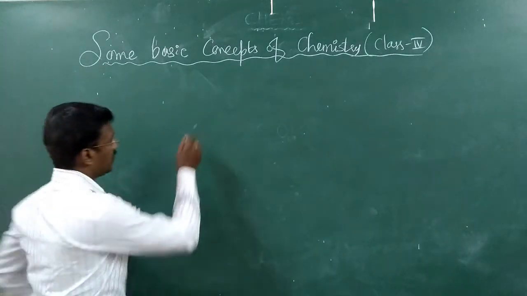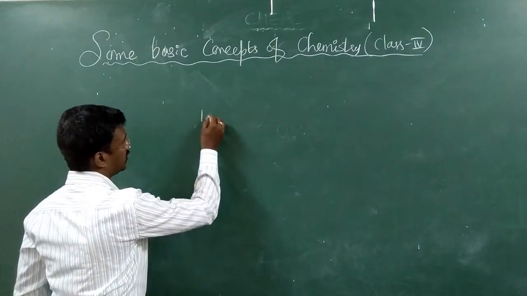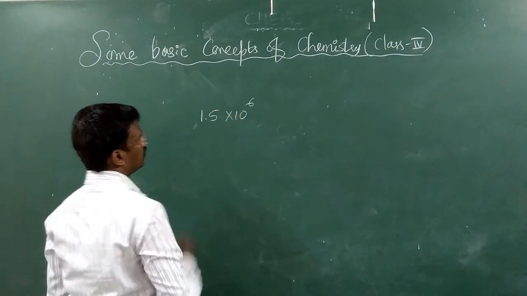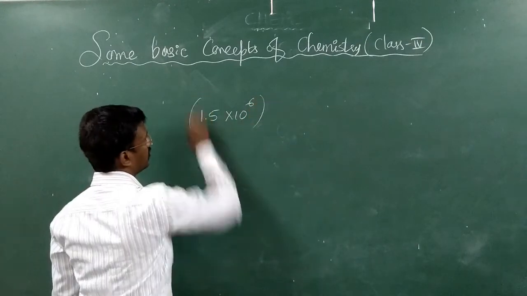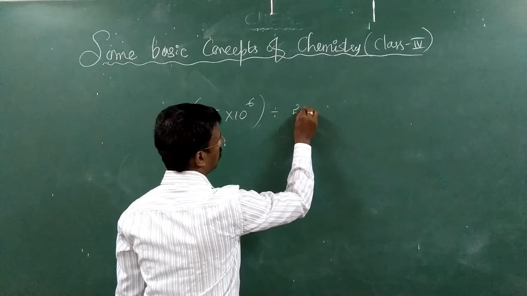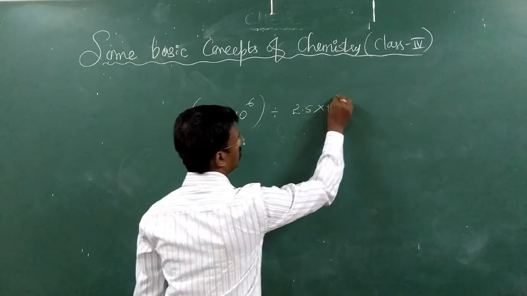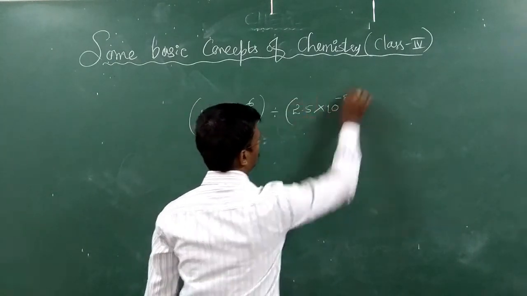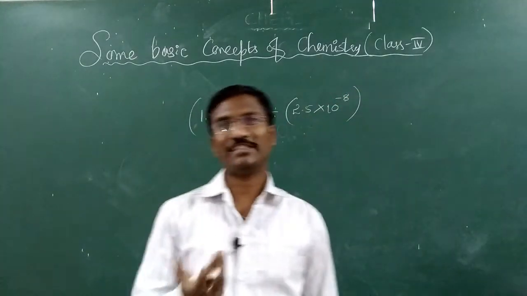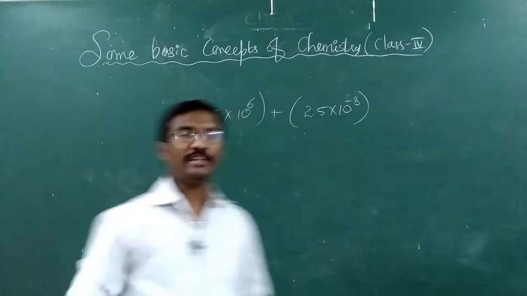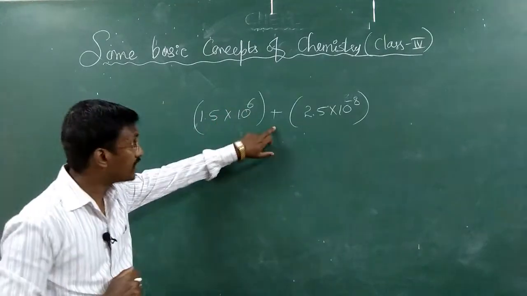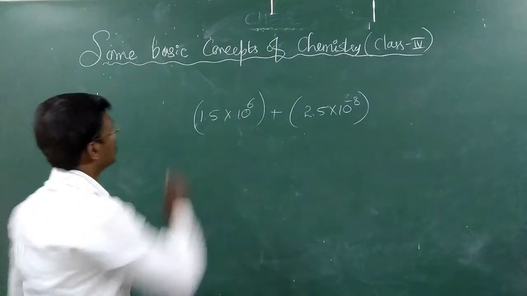In the last class we studied 1.5 into 10 raised to something, divided by 2.5 into 10 raised to minus 8 or 9, something like this. I am taking 1.5 and 2.5 for my convenience, as they are easy to calculate. Here, 1.5 into 10 raised to 6 plus means we are adding. This is the addition